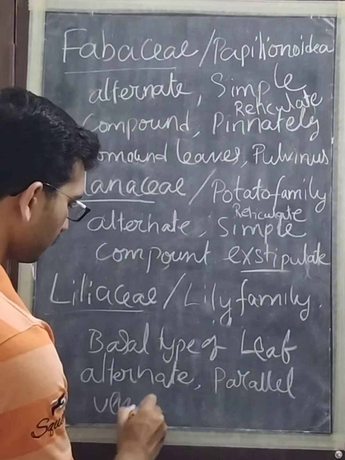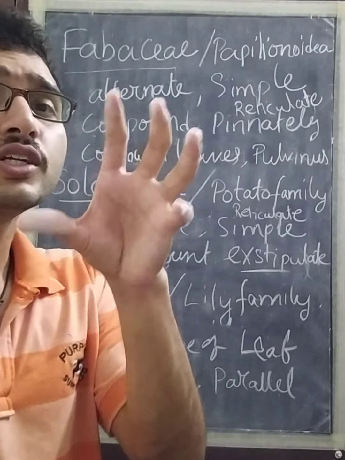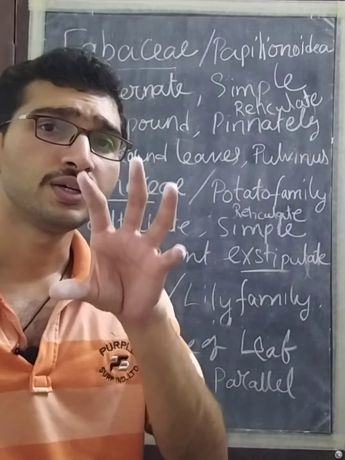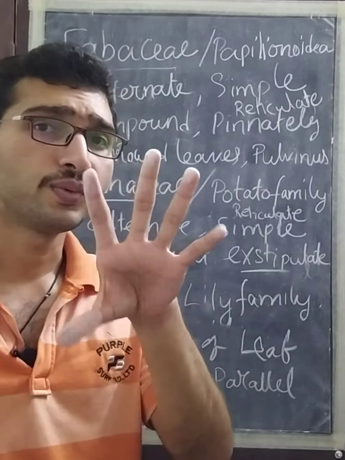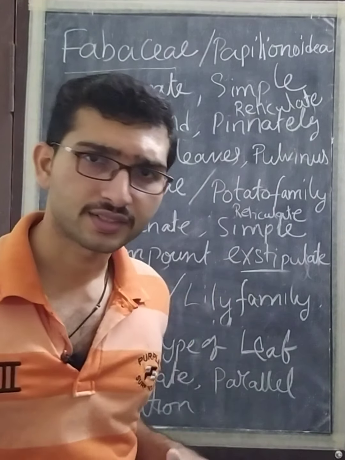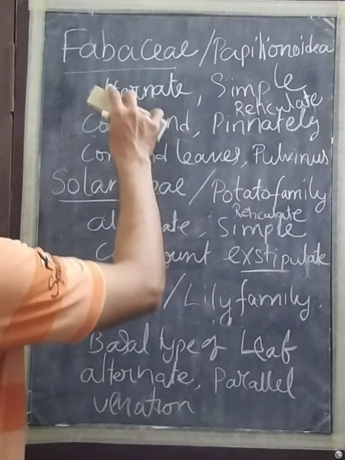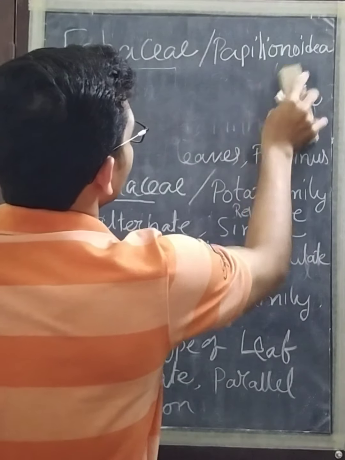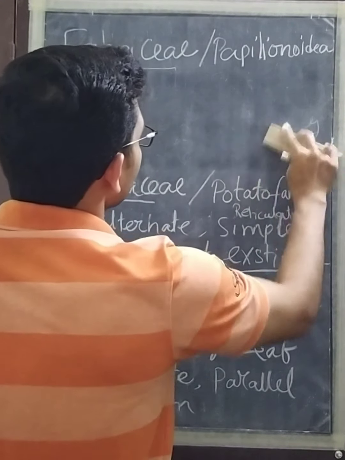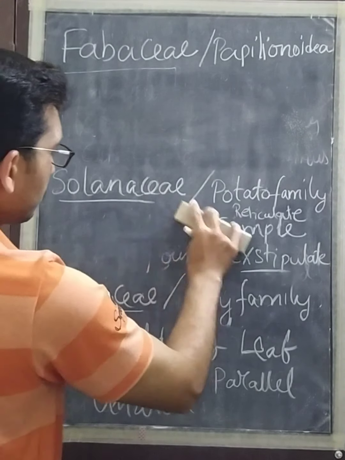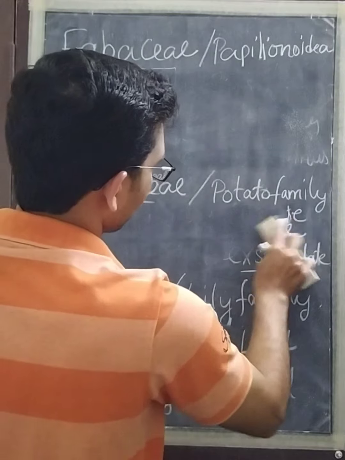So whatever points we have discussed till now are the vegetative characters: root, stem, leaf. Along with this, habit is also very important. After learning the vegetative characters, we will move on to the floral characters. Floral characters means we describe on the basis of the flower. What kind of flowers it has and what patterns it shows are all taken into consideration while making the classification.